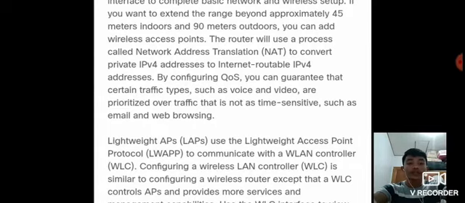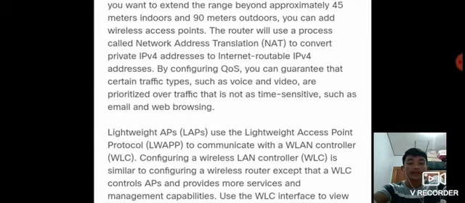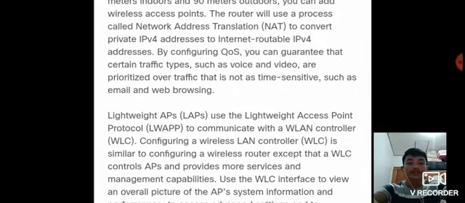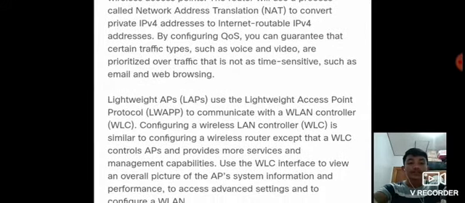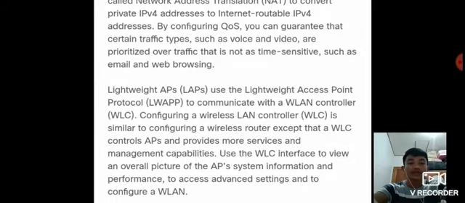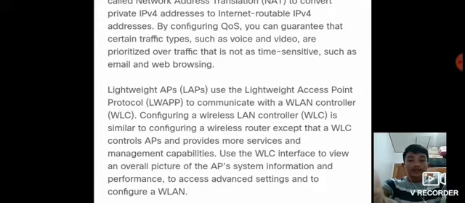Configuring a wireless LAN controller is similar to configuring a wireless router, except that a WLC controls APs and provides more services and management capabilities. Use the WLC interface to view an overall picture of the AP system information and performance. To access advanced settings and to configure a LAN,